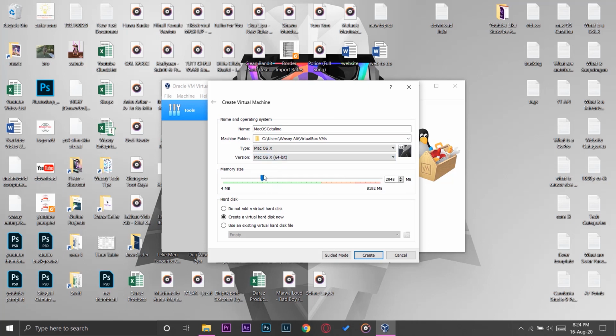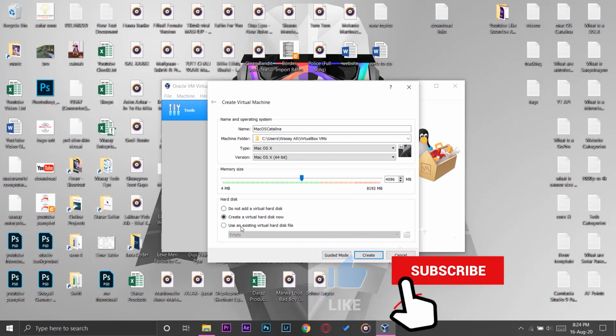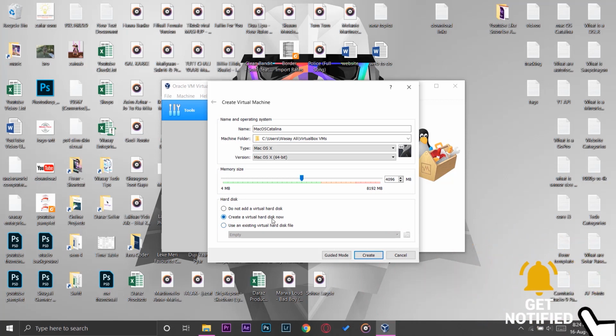Here you are going to allocate half of your computer's memory to the virtual machine, 4096 MB. This is the default machine folder, and you're going to press on create a virtual hard disk now. You're going to press on create,